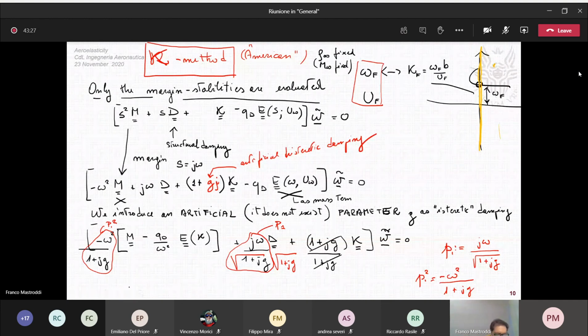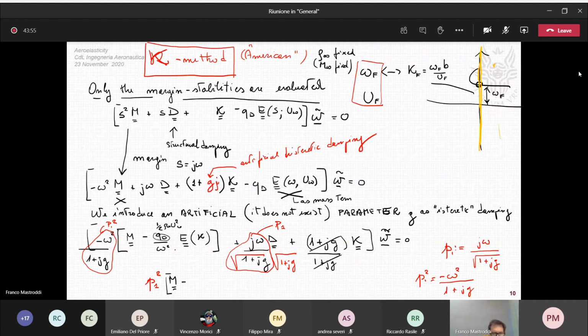I only consider this p1 to the power 2 by m minus, and look, we have omega square,